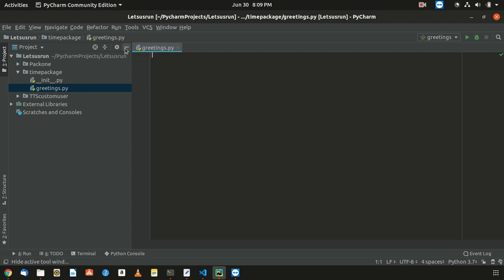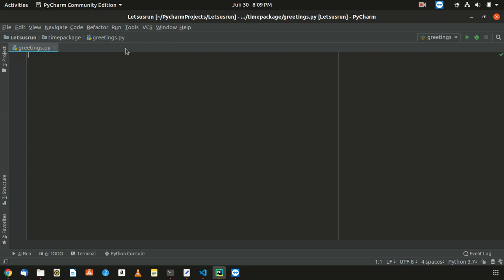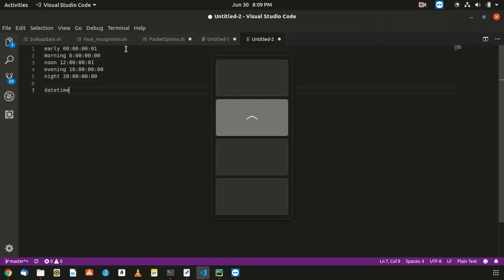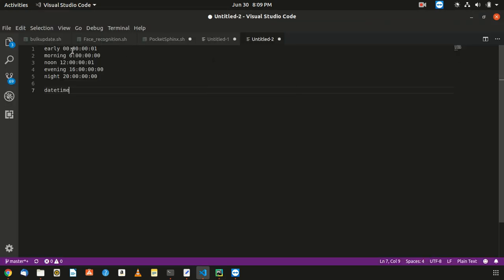I'm just going to work on this, hiding this right now so that it looks better. Now I'm going to explain how. For early morning, it should be one microsecond, so it's hour, minutes, seconds and microseconds. The morning is from 6 a.m. till exactly 12. So till 12 it will be morning, but 12 plus 1 microsecond and noon starts,